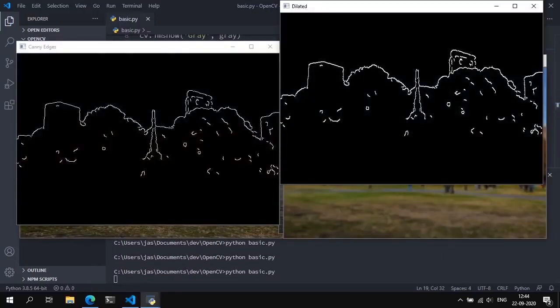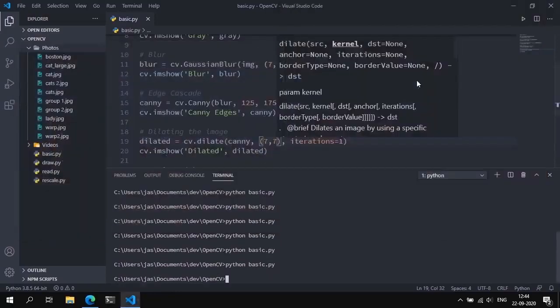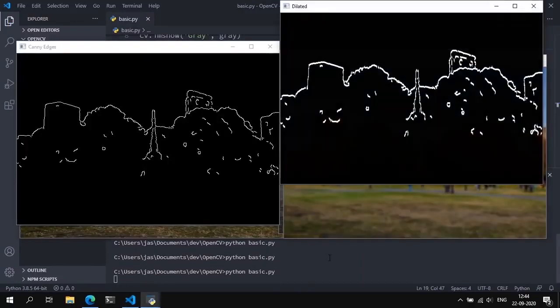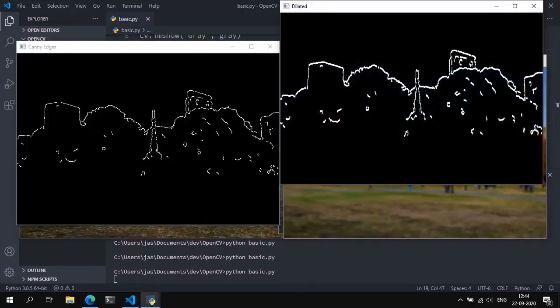And nothing much was done. Not much difference was there. Let's try to increase the number of iterations to maybe 3. And it's definitely way thicker, but you're going to see subtle differences with the amount of features and edges that